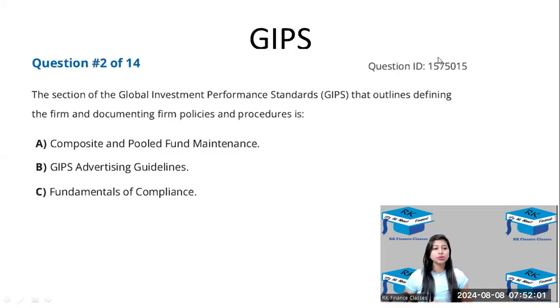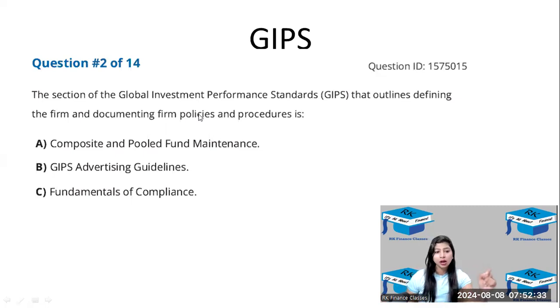Question number 2 from GIPS. The section of GIPS that outlines defining the firm and documenting the firm policies and the procedures is... So we know that there are 8 sections in the GIPS, which talk about different aspects. So the standard which talks about defining the firm and documenting the firm policies and procedures